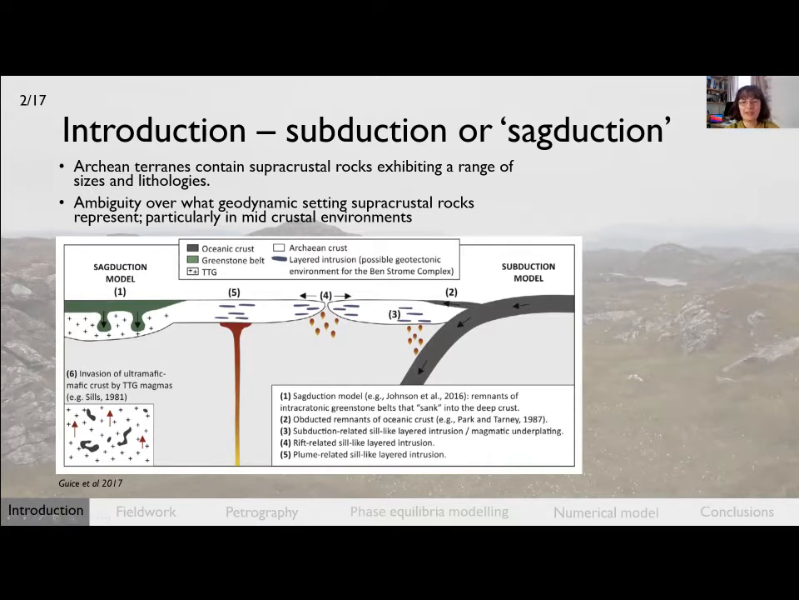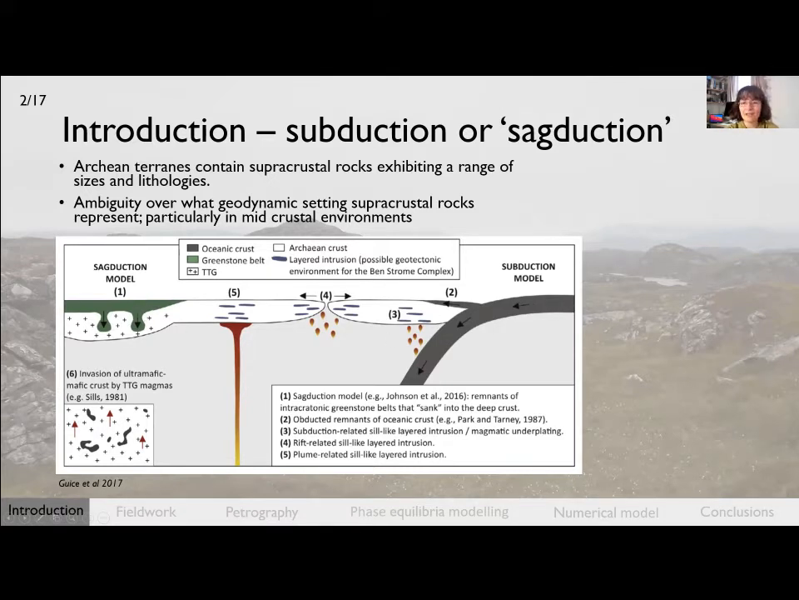In most Archean areas at all crustal levels, we observe rocks that are interpreted as having supracrustal or shallow origins juxtaposed against rocks from a deeper structural level. The occurrence of these rocks has been used as evidence of Archean tectonic processes, and the figure here shows some of the ways that these rocks could possibly be generated, ranging from uniformitarian subduction on the right to non-uniformitarian sagduction